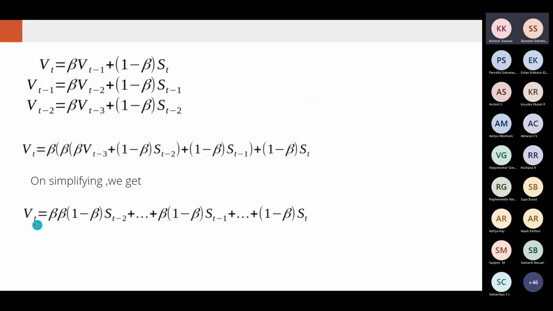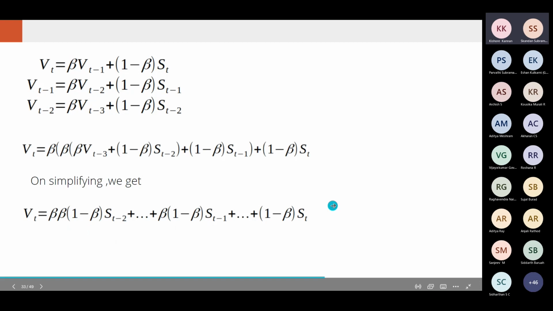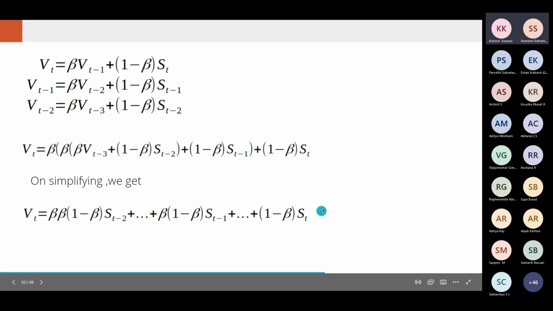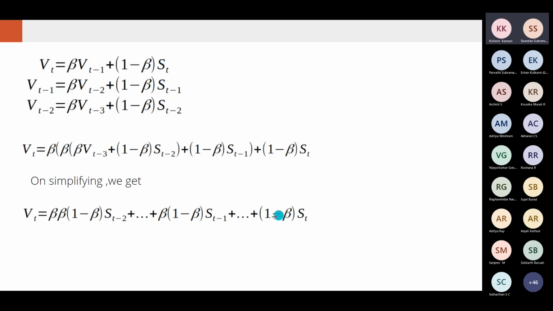So obviously Vt, which is the exponentially weighted moving average, will be less than the actual sum, that is st plus st minus 1 plus st minus 2. Why? Because